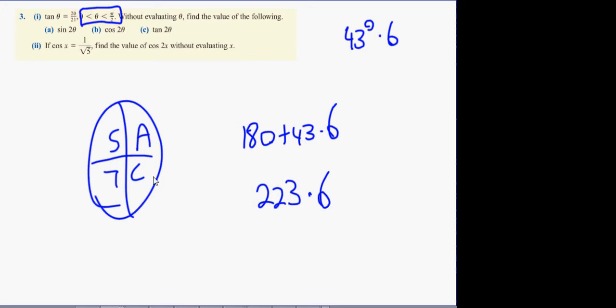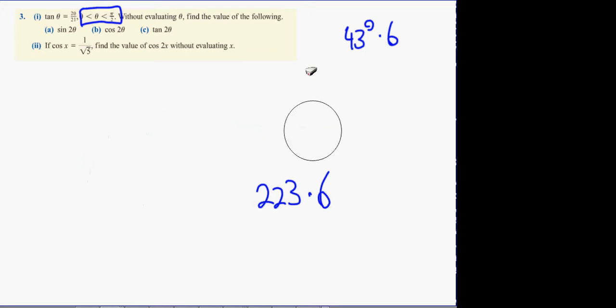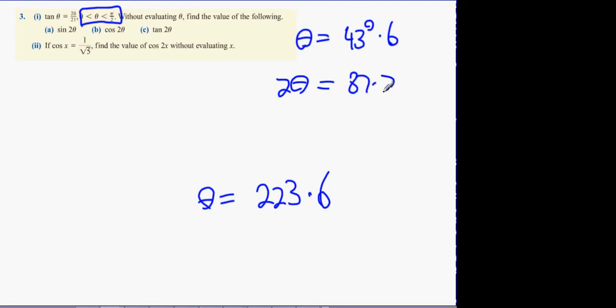Now, if theta was equal to 43.6, and it was also equal to 223.6, it would mean that the value of 2 theta would be completely different then. Okay, because then it wouldn't be, what's that going to be, 87.2, and the other one's going to be 223.6 multiplied by 2,